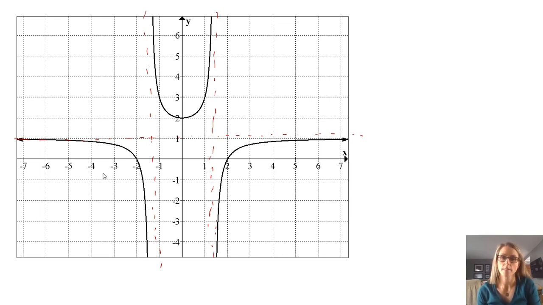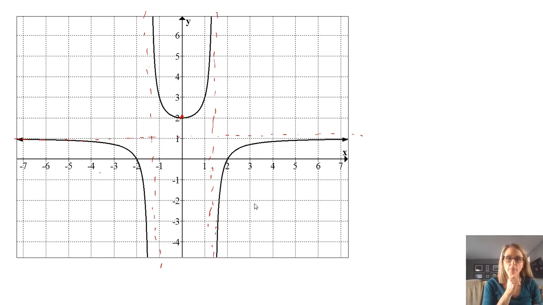And then what you can see is that, like we said, we were concave down all the way up until negative root 2. Then we were concave up between negative root 2 and root 2. Notice we have our local min at 0, 2. So that's that point right here. And that is the only local min or local max we have. And then after the square root of 2, we're concave down again. Notice that we are approaching our vertical asymptotes, we're approaching our horizontal asymptotes, things that we need from pre-calculus, not even calculus.